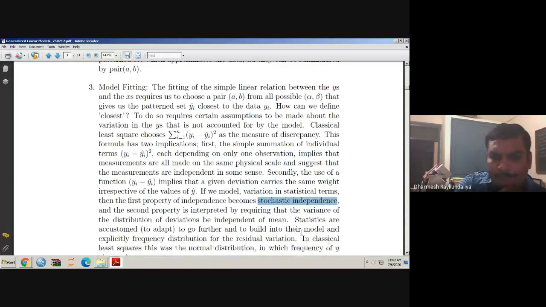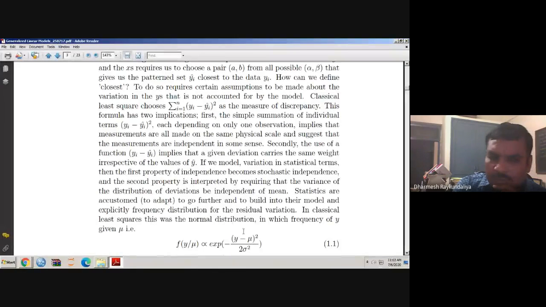Statisticians are accustomed to go further and to build into their model an explicit frequency distribution for the residual variation. So now we wish to identify not just whether they are independent, or whether the variance of the distribution of deviation is independent of the mean or not, but what the distribution of the residuals is, how the residuals are distributed. In the classical theory of least squares,